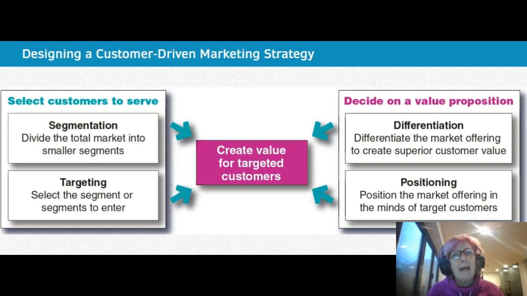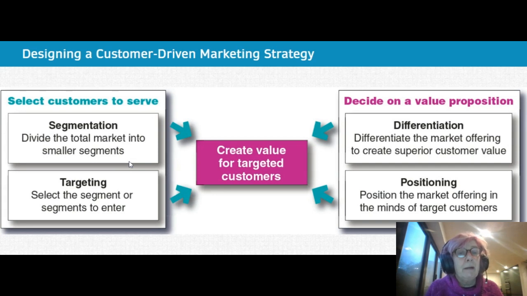So if we put that back into a logical sequence, what we have is McDonald's first deciding which customers they're going to serve. So they divide the market into segments, and you heard them talking about the market of young women. You heard them talking about the African American market. You heard them talking about the Hispanic market. So they're dividing that market into smaller segments, and then they're deciding which of those segments they want to target